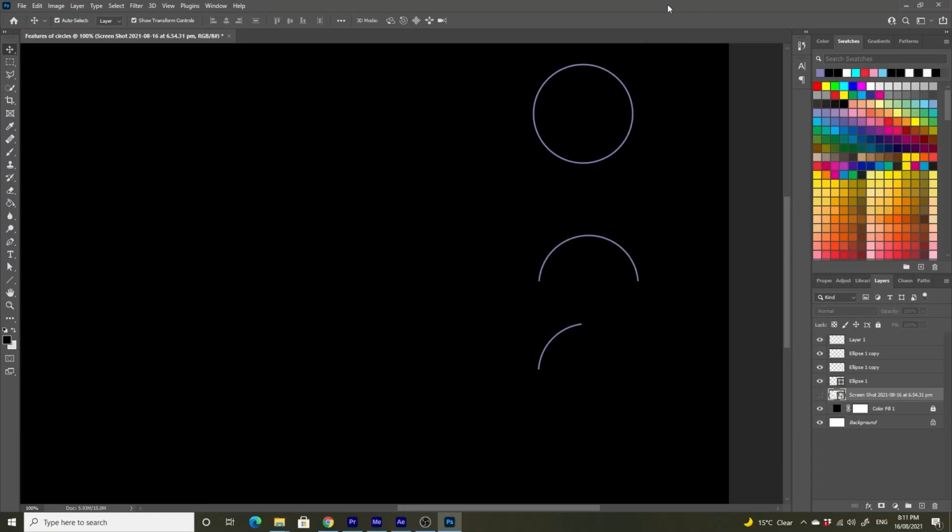In this lesson we're going to look at some features of circles and how to find the perimeter of a circle and what that is actually called. So, to start off with, let's look at this circle over here. There are a few important parts of a circle and words that we use to describe parts of a circle